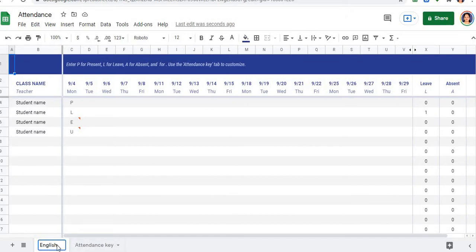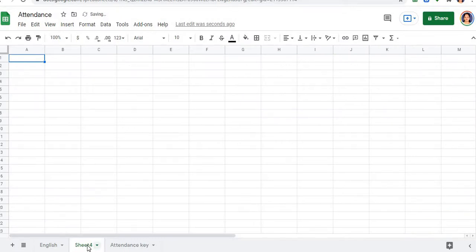Now highlighting this box, if you press the plus sign here, you can get the next sheet beside it, and this you can change into the next subject. Let the next subject be Malayalam. Again, with the Malayalam sheet highlighted, press on this plus sign and you get the next sheet. So like this we can make spreadsheets for all the subjects.